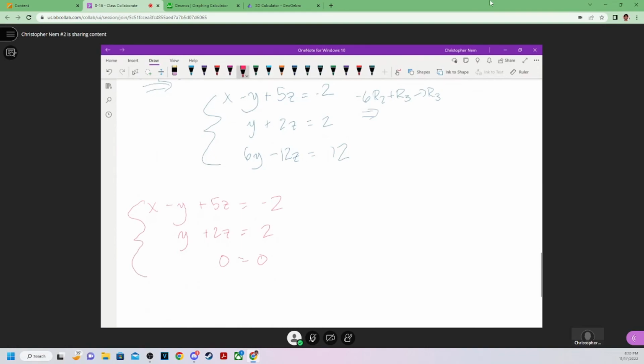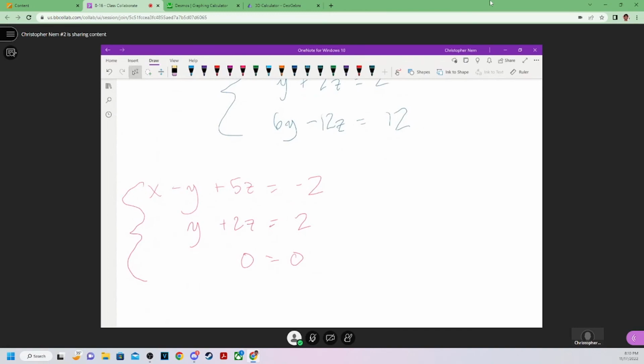What does that mean? Well, 0 equals 0 is a true statement. Now, if you notice, we have a spot for our x, our y, but then our z says 0 equals 0. That's our third row, which represents our z, our third variable. And we have 0 equals 0. That's a problem. This means that